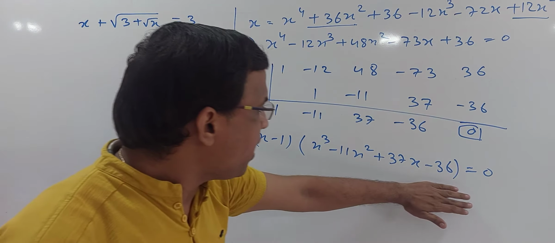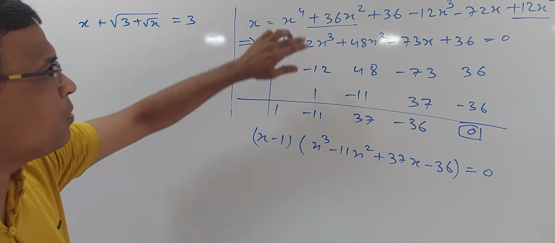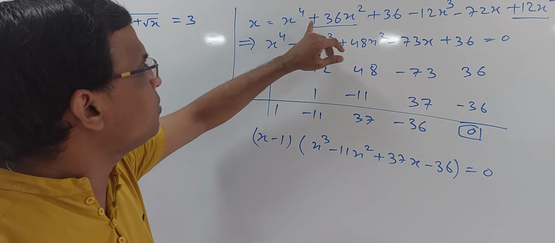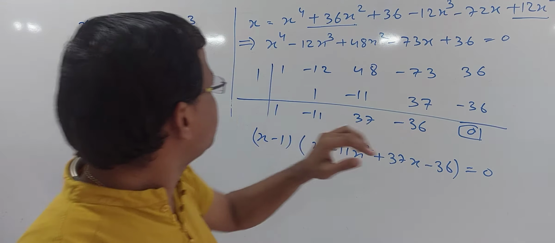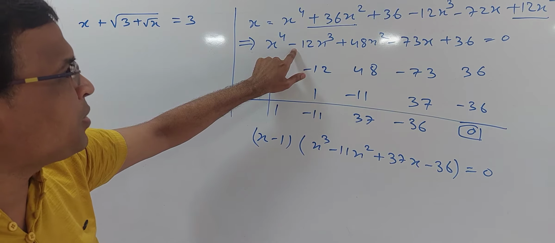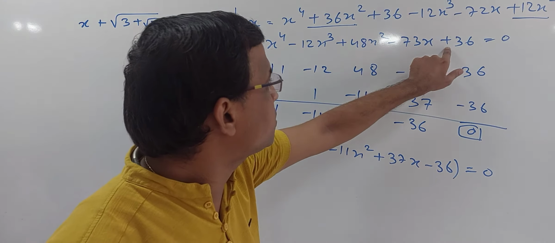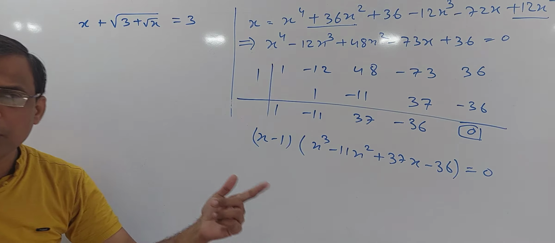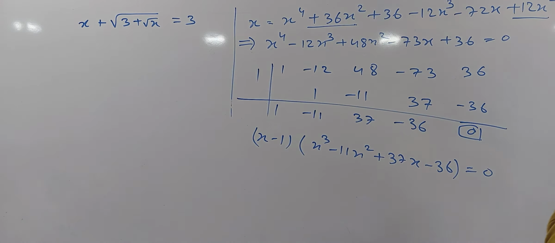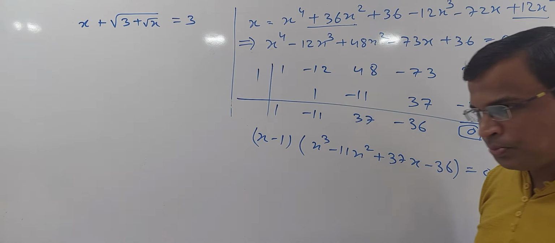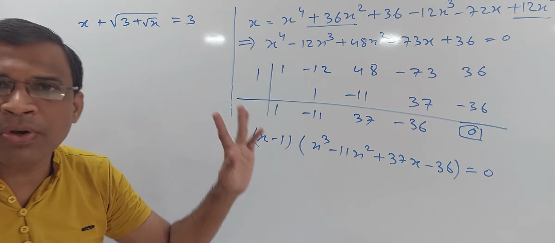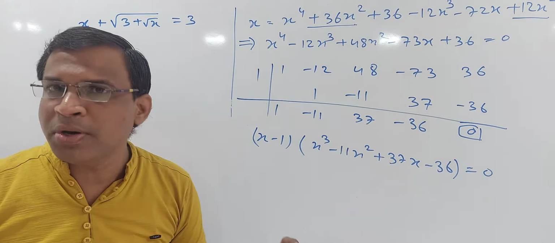So here if I observe this, we will talk about Descartes rule of sign. We have plus, minus, minus, plus, plus, minus, minus, plus. So it seems that all the zeros will be positive, because these are the maximum cases. So either 2 positive zeros and 2 imaginary zeros, no negative zero we are getting. Out of that, 1 positive zero we already got, so there should be 1 more positive zero.